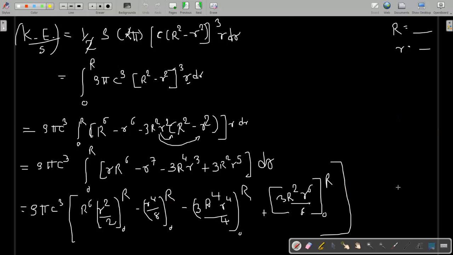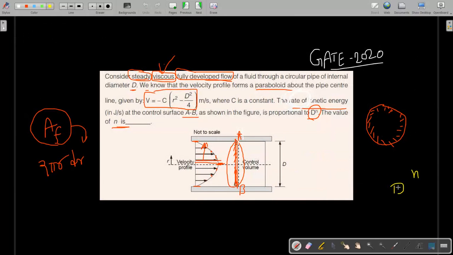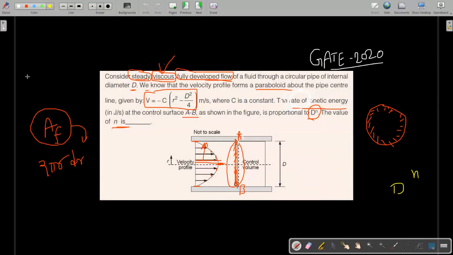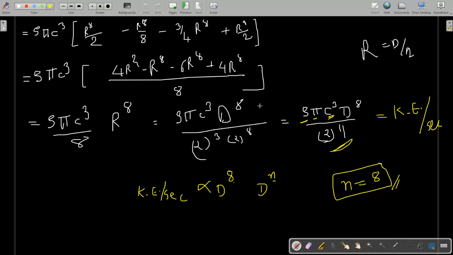Okay, so the main thing is which equation we have to use: this equation, kinetic energy per second. This is the main core, because what happens in exam, if you see the velocity profile, then most of the students try to do the pressure drop equation, del p by del x is equal to minus 4 by area and all this. Okay, don't do that. Just read the question first, what they have asked. Okay, so here the answer is 8.